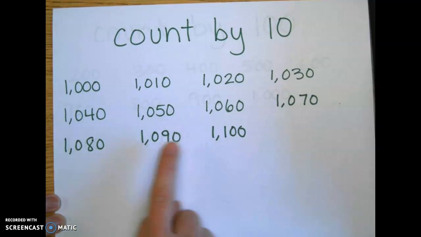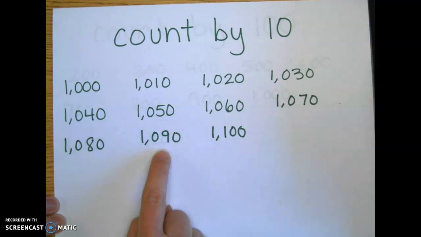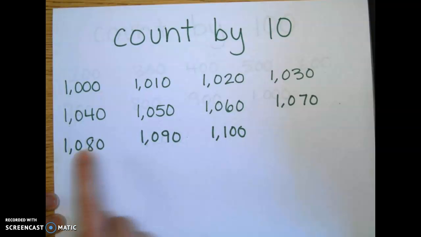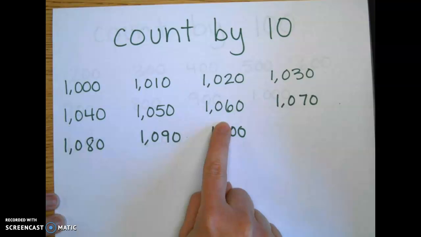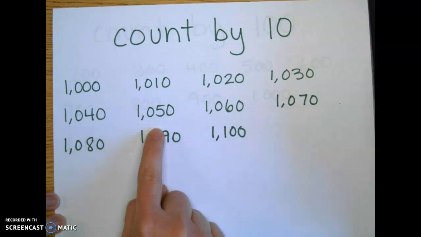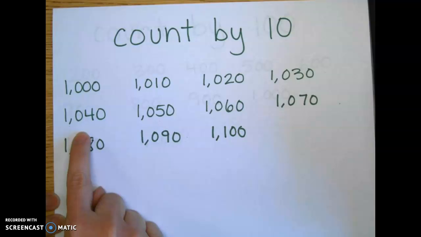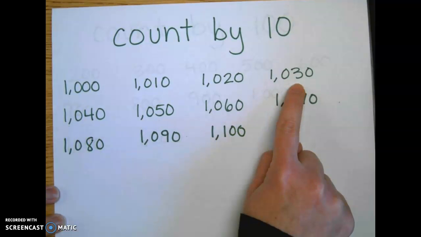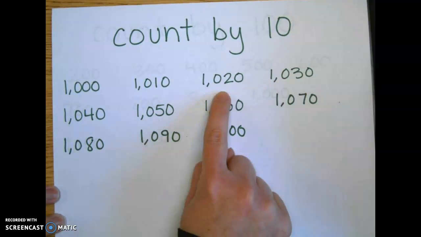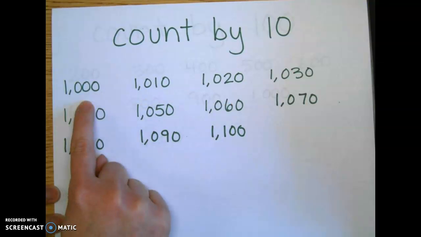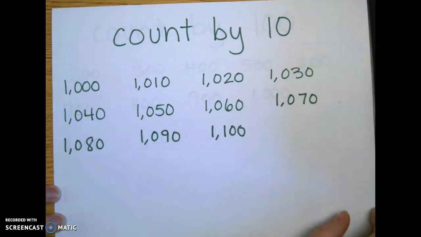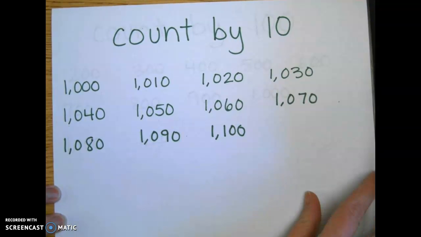1,100, 1,090, 1,080, 1,070, 1,060, 1,050, 1,040, 1,030, 1,020, 1,010, 1,000. You just counted backwards by tens. Cool. Now let's try counting by